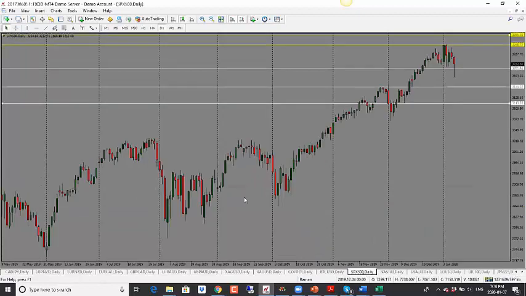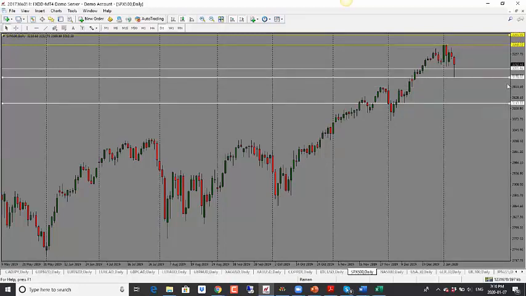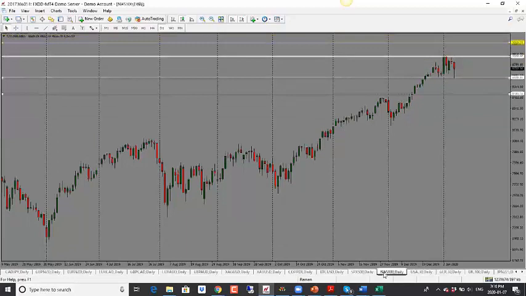Let's take a look at equities. Equities will have a negative impact from the geopolitical situation. We did have a bearish candle close for S&P 500, which gives us a bearish bias. The first target 3,200, but that has been met already. So the second one here is 3,180. So bearish bias for S&P 500.